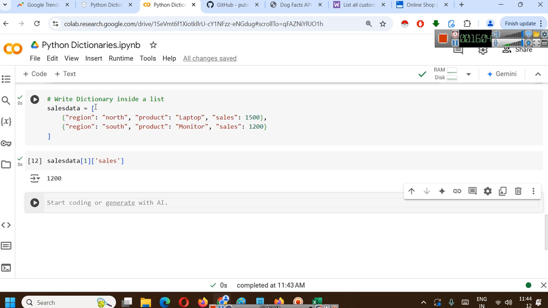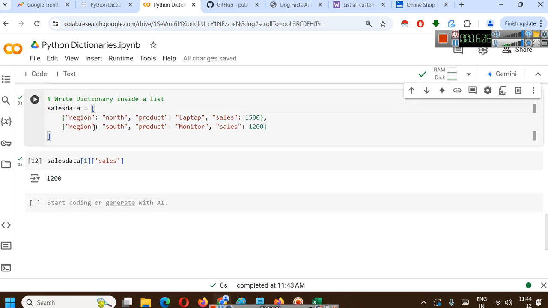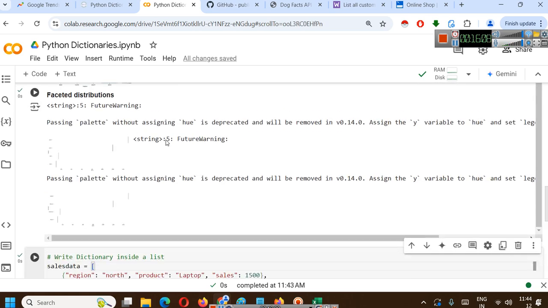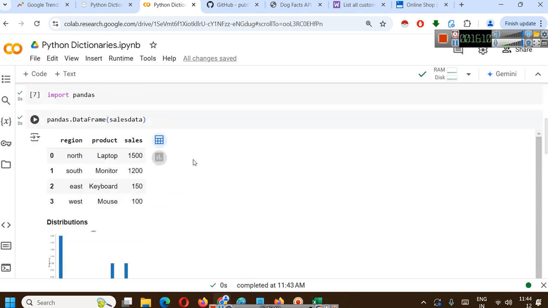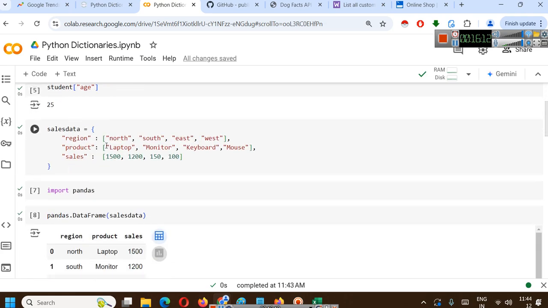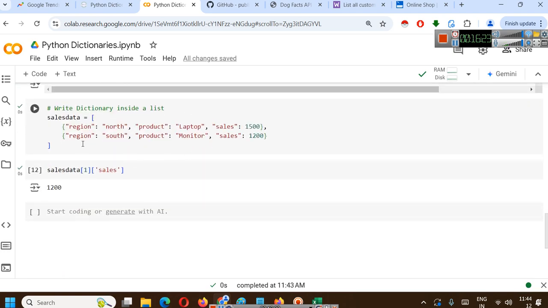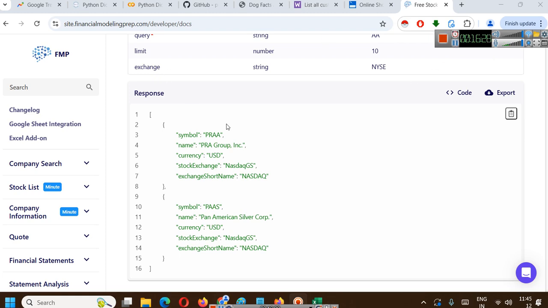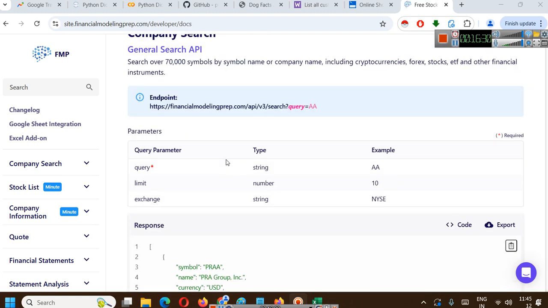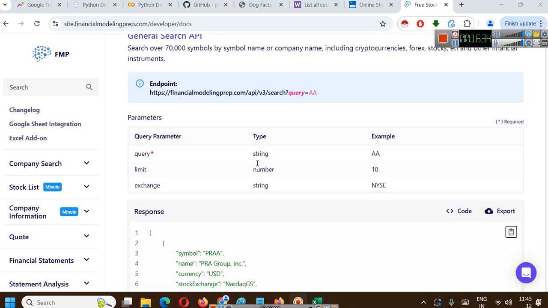So you can either use this model where you put dictionaries inside a list, or you can use this model where you put a list inside a dictionary key. Okay. This is more easy to read, right? This is more easy to read, and this is another way. For example, this is another website, the Financial Modeling Prep API. So here you can see